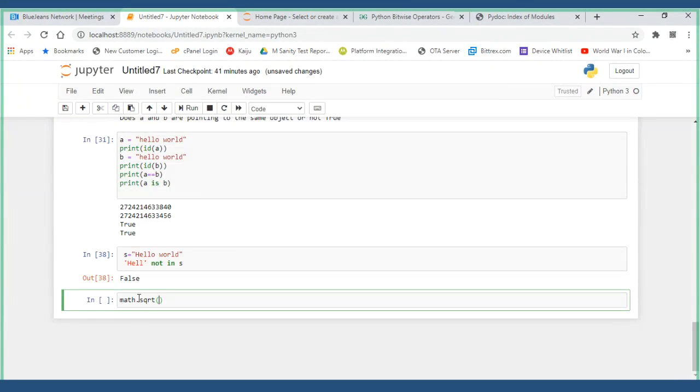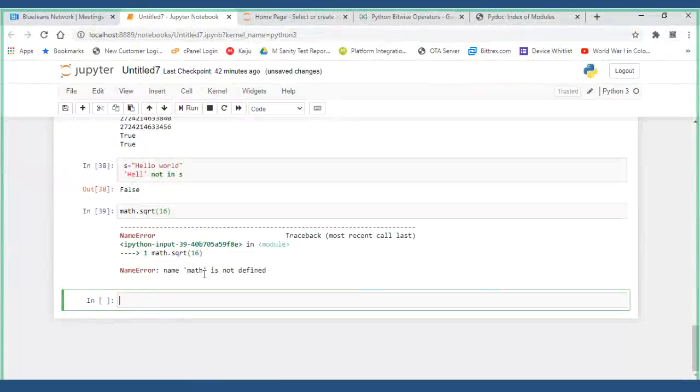Math is the module and sqrt is the function. The function will expect some values to enter. I have given those values and tried to execute it. Then it returned an error, telling me it doesn't know what math is.